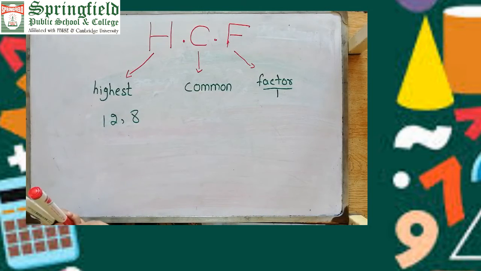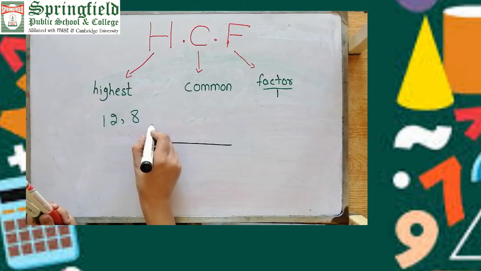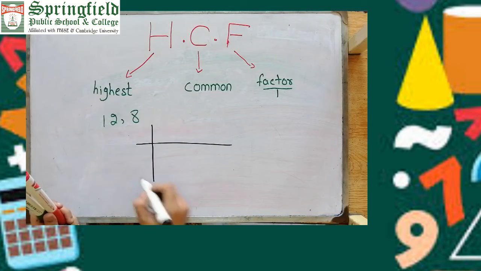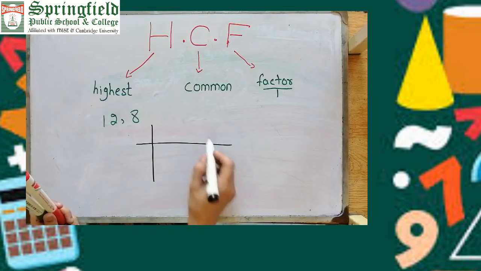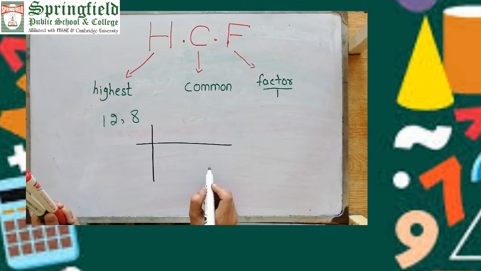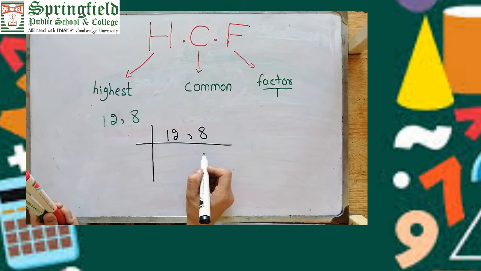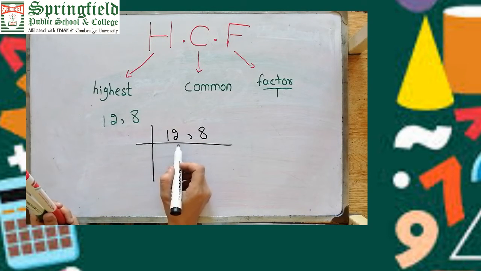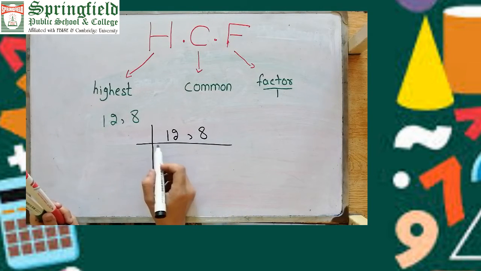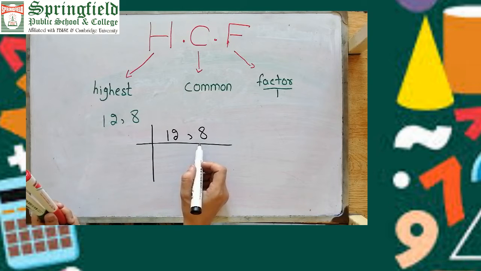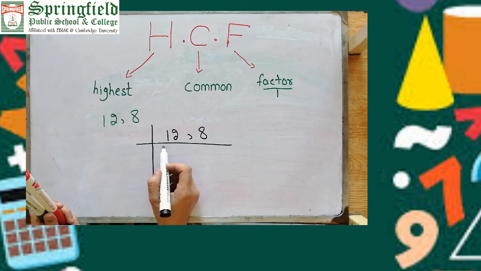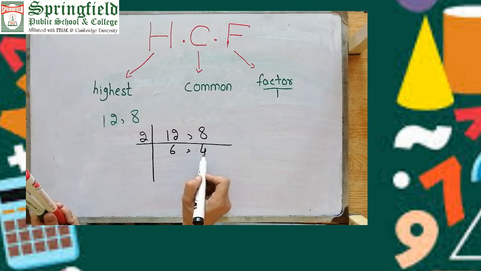Okay, in method number 2, we will find the factors of 12 and 8 by the combined prime factorization method. This procedure is called prime factorization. So 12 and 8. Keep in mind, beta, that we will use the table in which both numbers come, both numbers can be divided. As 12 and 8 come in table 2, I am taking the table of 2 first. 2 sixes are 12, 2 fours are 8.